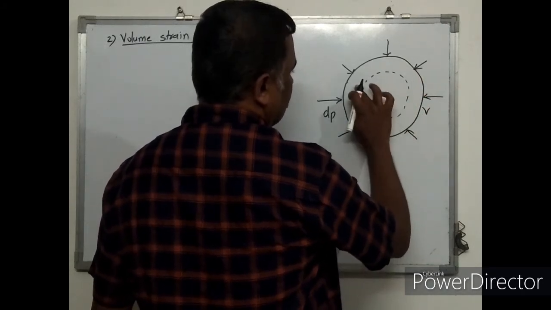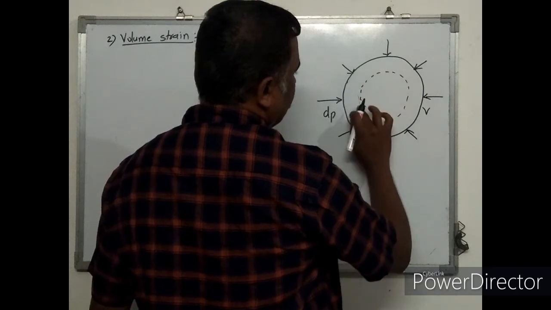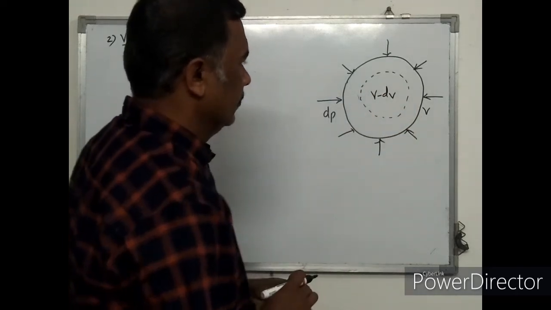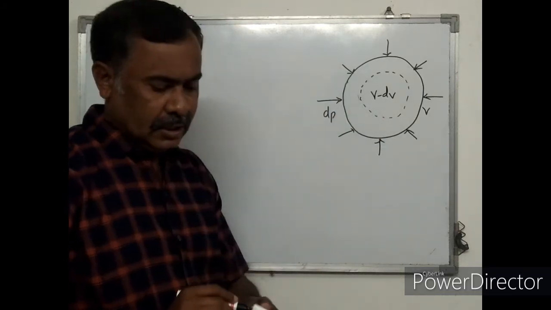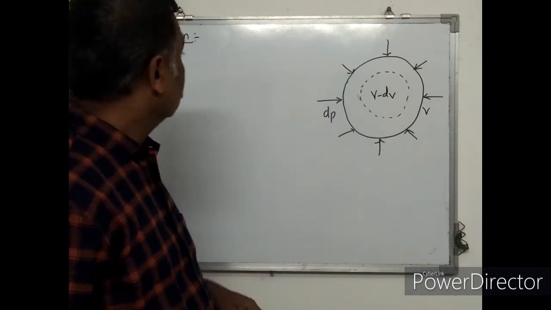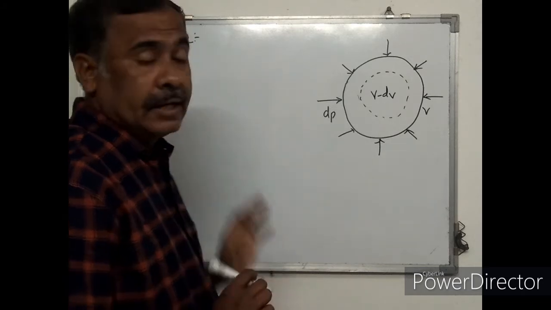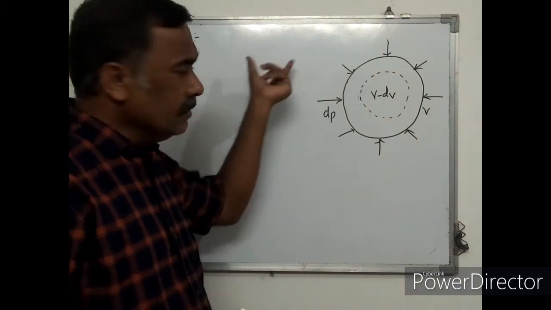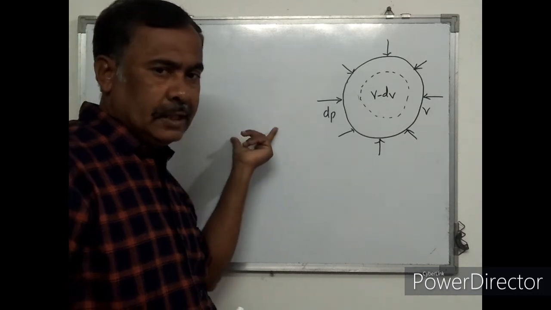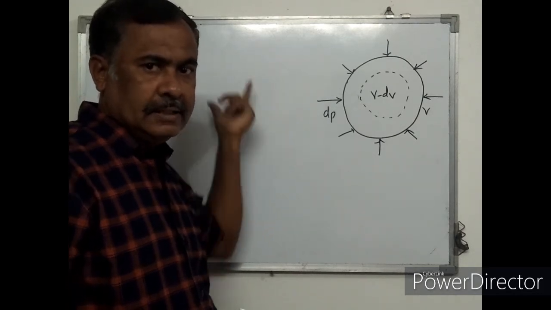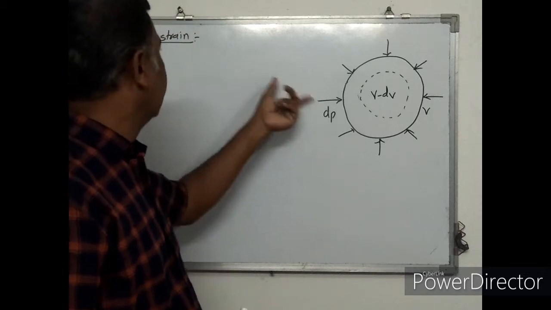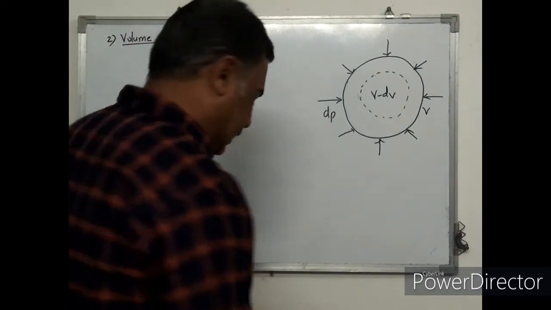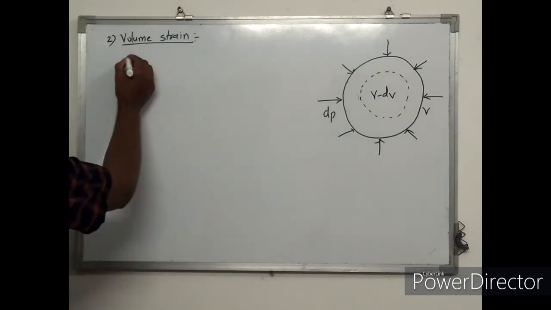किती व्हॉल्यूम झाला होता त्याचा, फी मायनस डीव्ही, राईट? अशी आपण डायग्राम पाहिली होती. Now, how to define volume strain. स्ट्रेनची मूळची डेफिनेशन काय, change in dimensions to original dimensions, राईट? इथे डायमेन्शन कोणतं वापरतोय आपण, व्हॉल्यूम, म्हणून काय होणार, it is defined as change in volume